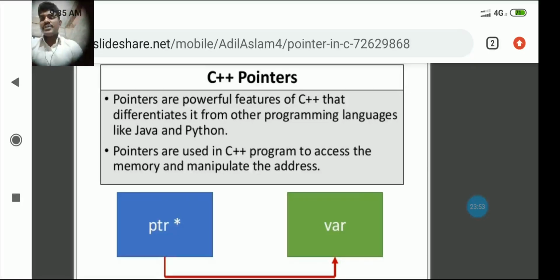What is the difference? A pointer is a variable too. The pointer stores the address of the variable, but the variable stores the value.